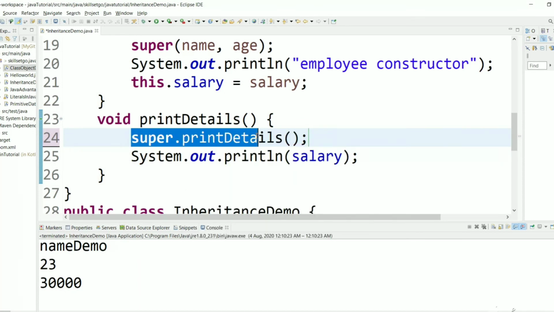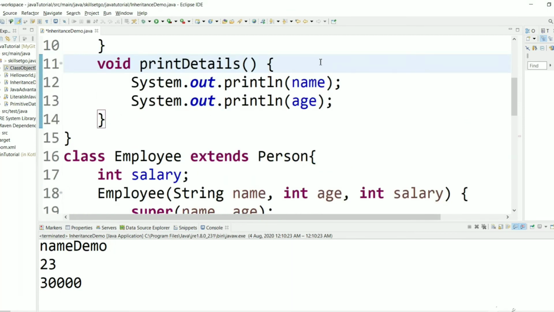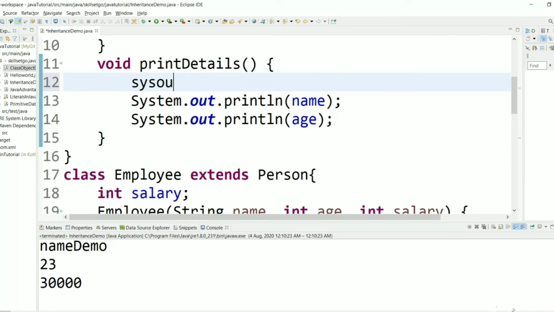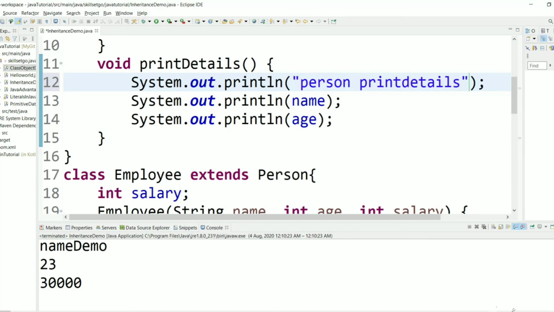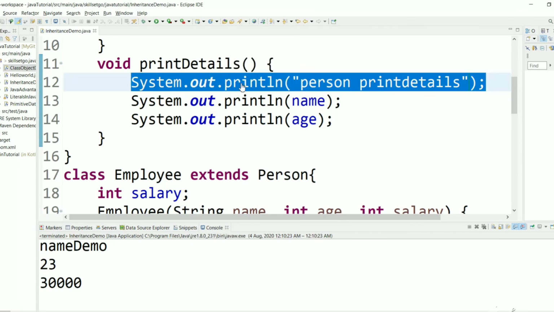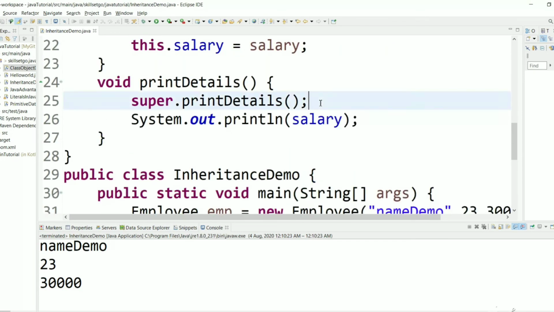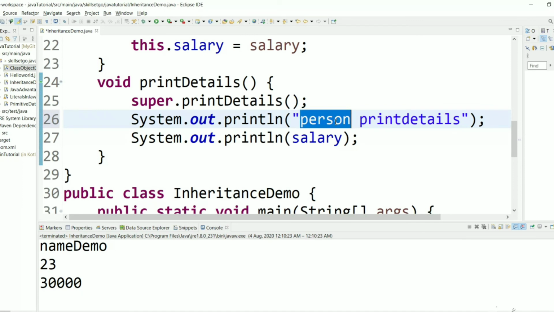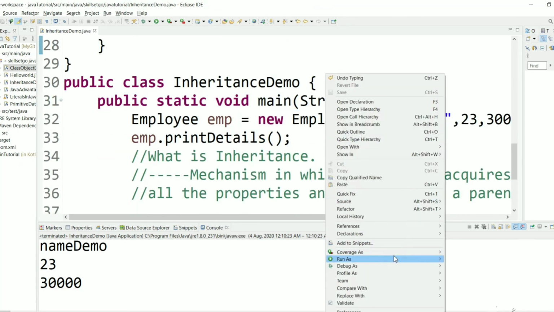Now this will call Person's function, and it will print name, age, and inside this let's write output: Person printDetails, and here we will have Employee printDetails. Now if we execute, we will get an output.